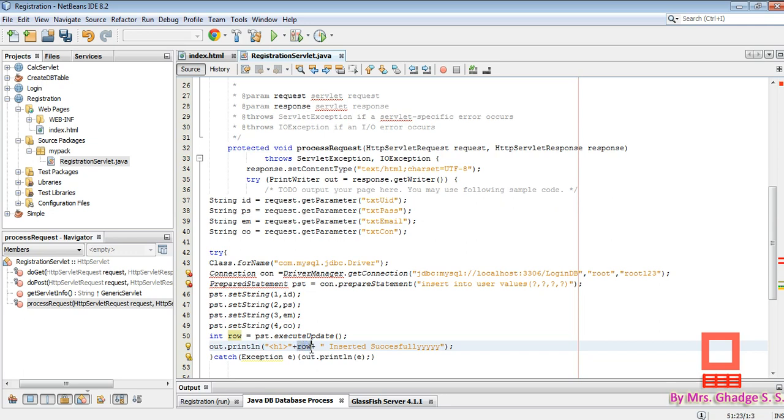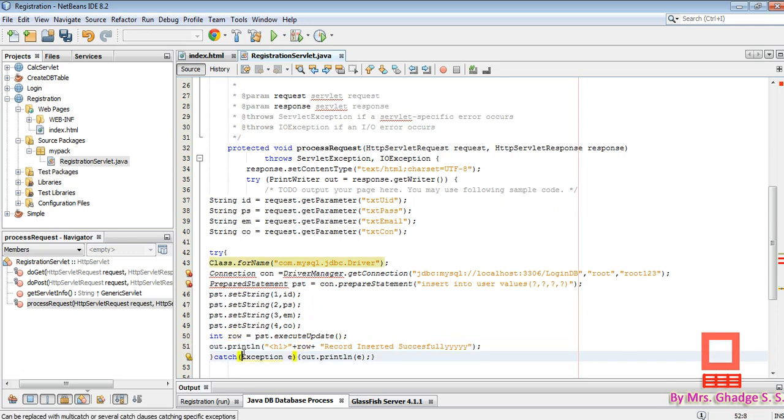Row will indicate how many rows are updated, so it will display one record inserted successfully.